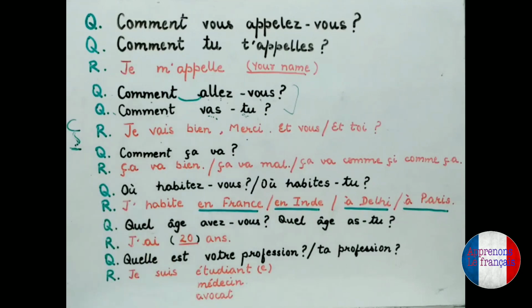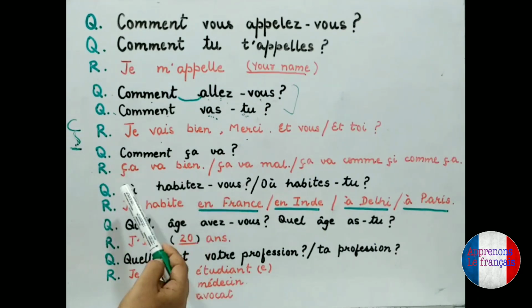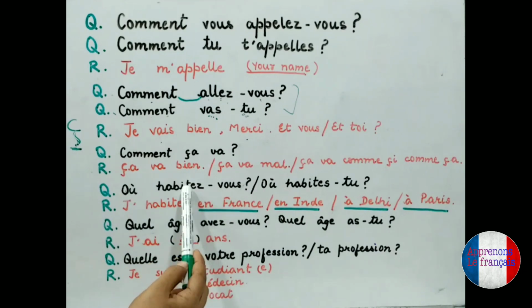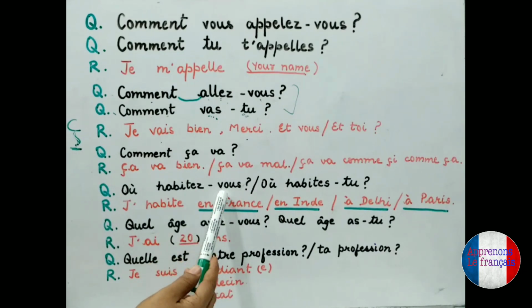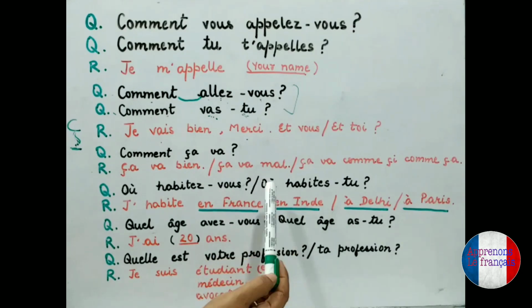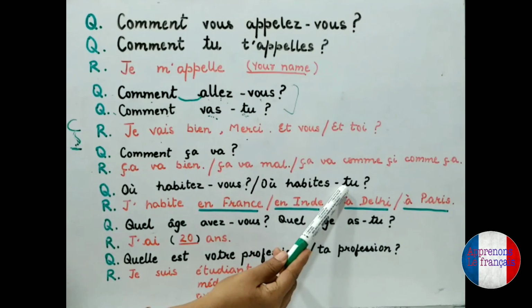The accents are important in French because, as in où, you are putting an accent here. If you don't put this accent here, the meaning of the word changes. With the accent, this word means where, and without the accent, this means or, as in English, or, this or that. So, coming back to the question once again, it is où habitez-vous? Where you live. Where live you? That means where do you live? And in the informal, you will be using où habites-tu?